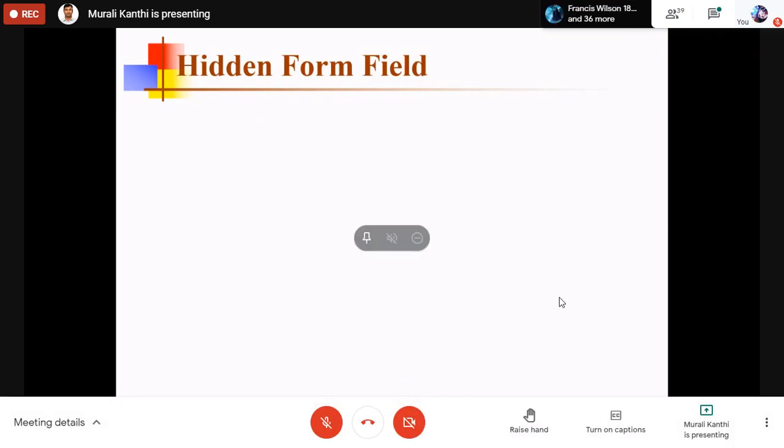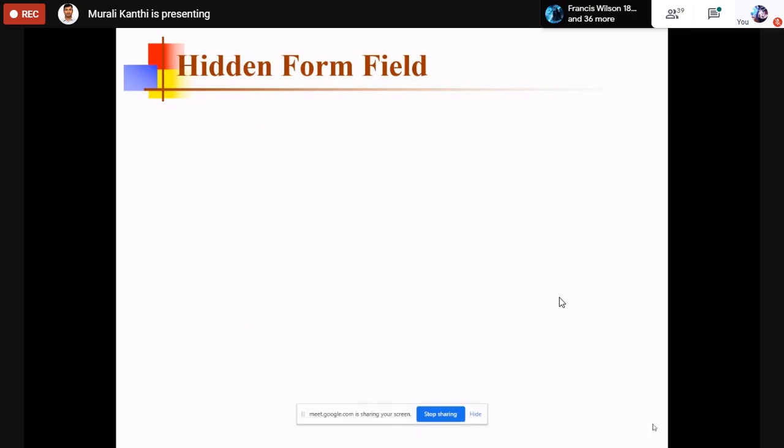Here, one more field is added in the form, that is a hidden form field, an extra field that is not visible. This field is used to store one ID, that means one number. With the help of this number, the server is going to identify the client. That is a hidden form field, which is not visible.